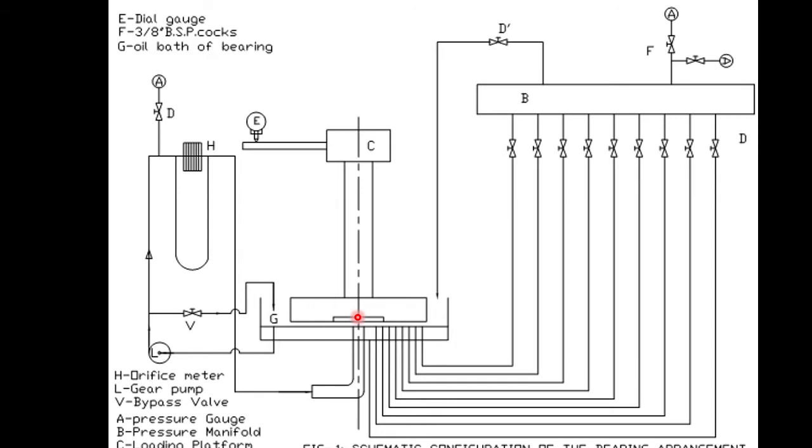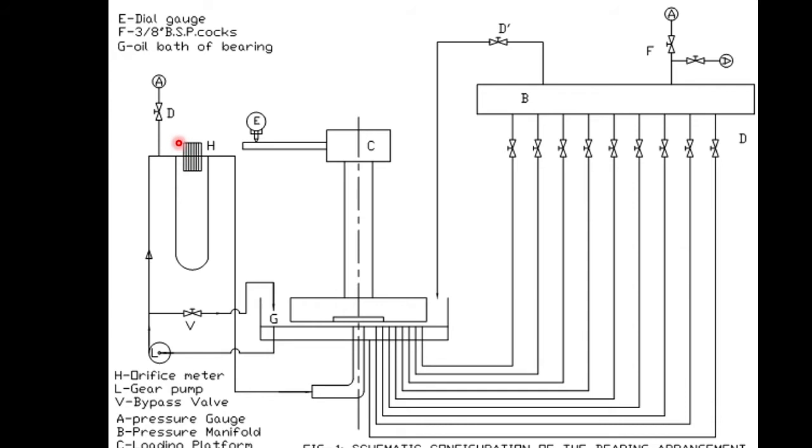Clear? Now, what is film thickness? To measure film thickness, we will stop the fluid flow from here. Where the fluid flow is coming from, follow this path. This is indicated by this line. This line is passing through an orifice meter, and ultimately it is coming to a pump. This is a gear pump, and in the delivery line there is an orifice meter.